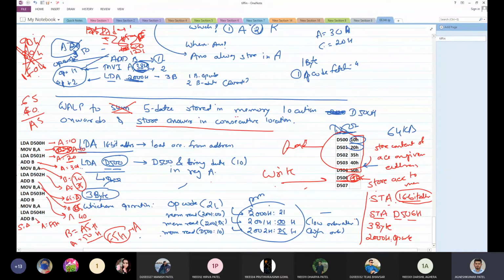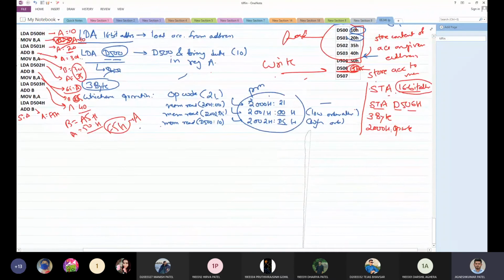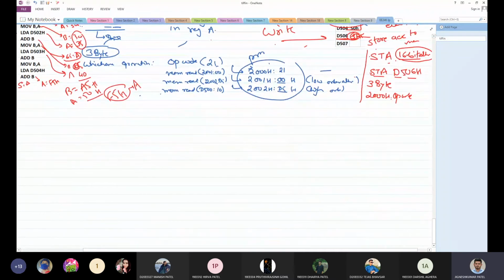I don't know the opcode, but I'm not even going to look at that opcode. Then on 2001, the lower order address, that is 06H, and on 2002 there would be D5H.